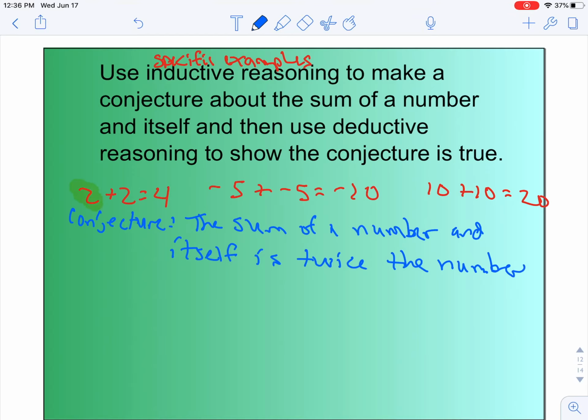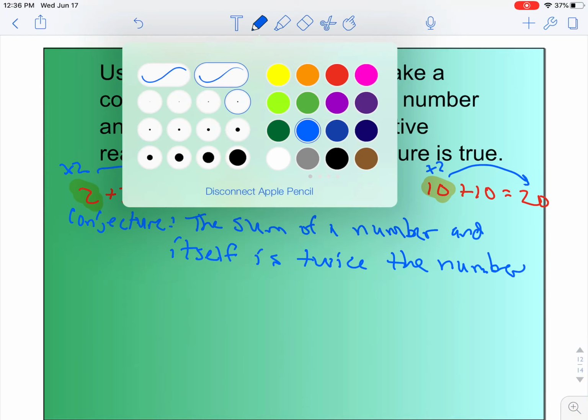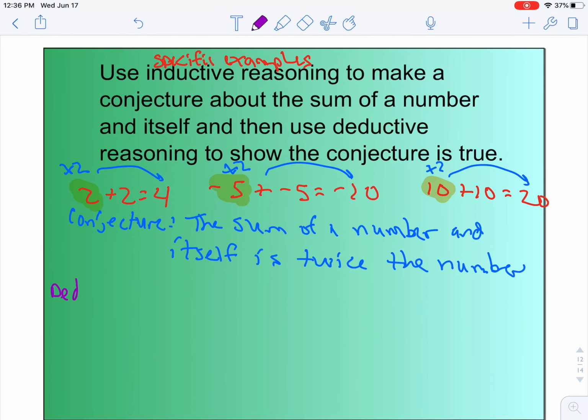Because in those specific examples, if you take 2 and you multiply it by 2, you get 4. If you take -5 and you multiply it by 2, you get -10. If you take 10 and you multiply it by 2, you get 20. So that's my conjecture. It's based on some specific examples, and I'm sort of making an educated guess about what's going on. So now if I want to actually use deductive reasoning,